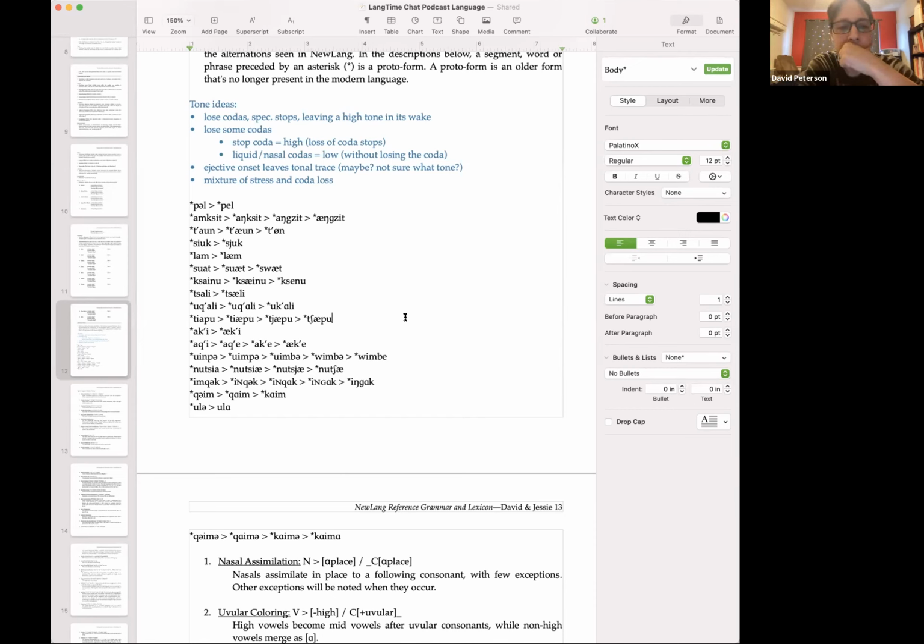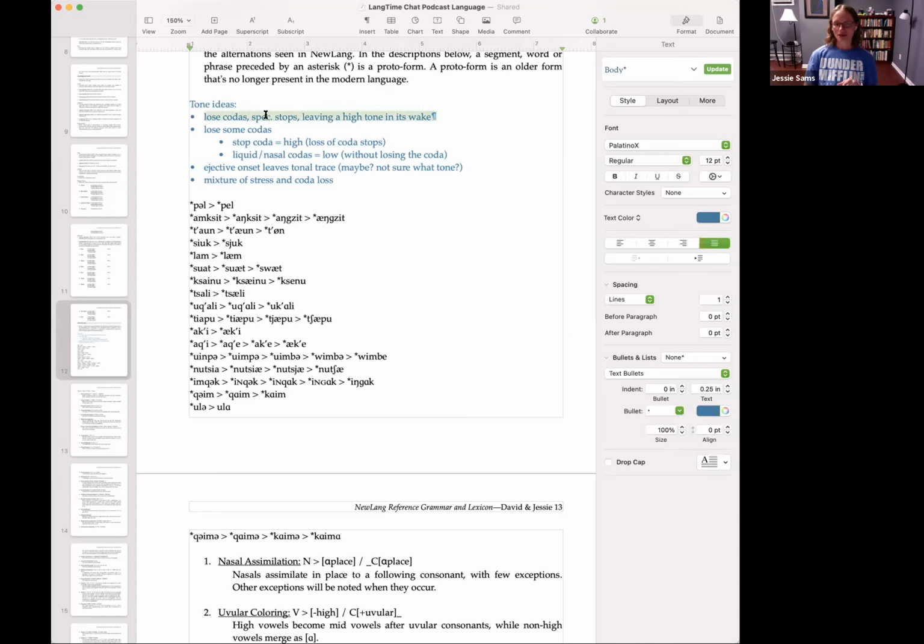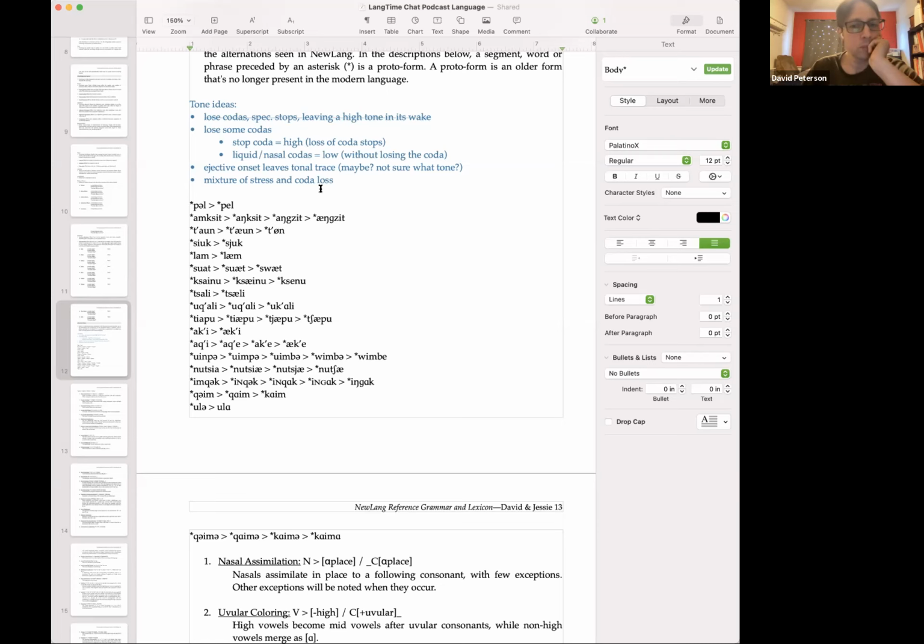So I'm going to strike through the top option, because we considered it. And that is something to think about, by the way, if you are creating a tonal language: as you start thinking about where the tones come from, definitely also think about how much of your inventory that would affect, because it would be silly to only have a few words with high tones and nowhere else. They need to be more distributed.